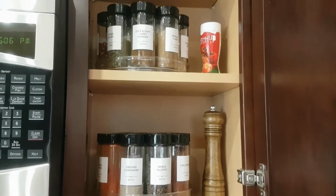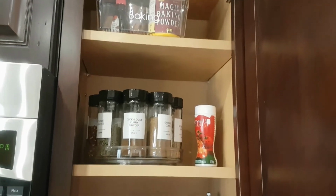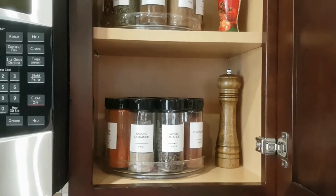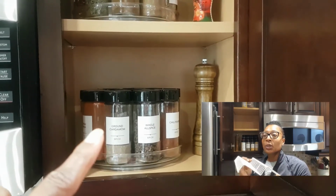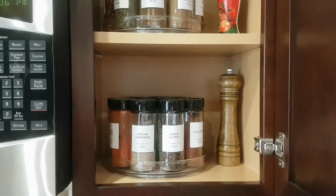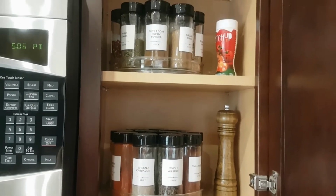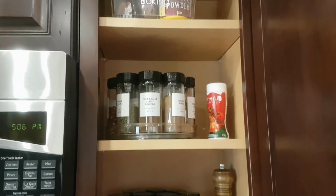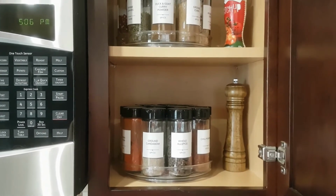So what has changed in here, again, if you've been following my videos or Instagram, I have changed the organizing system for the spices. They were a 2-tier shelf organizer. I have increased the size of the spice bottle, so I went up to a larger size for all of them. And I found that getting in behind, especially on the very top tier, it was hard to get access to the items in the back. I'm not able to adjust my shelves much more than what you see here, so that was not going to be the solution. The best solution in this instance was to use a turntable